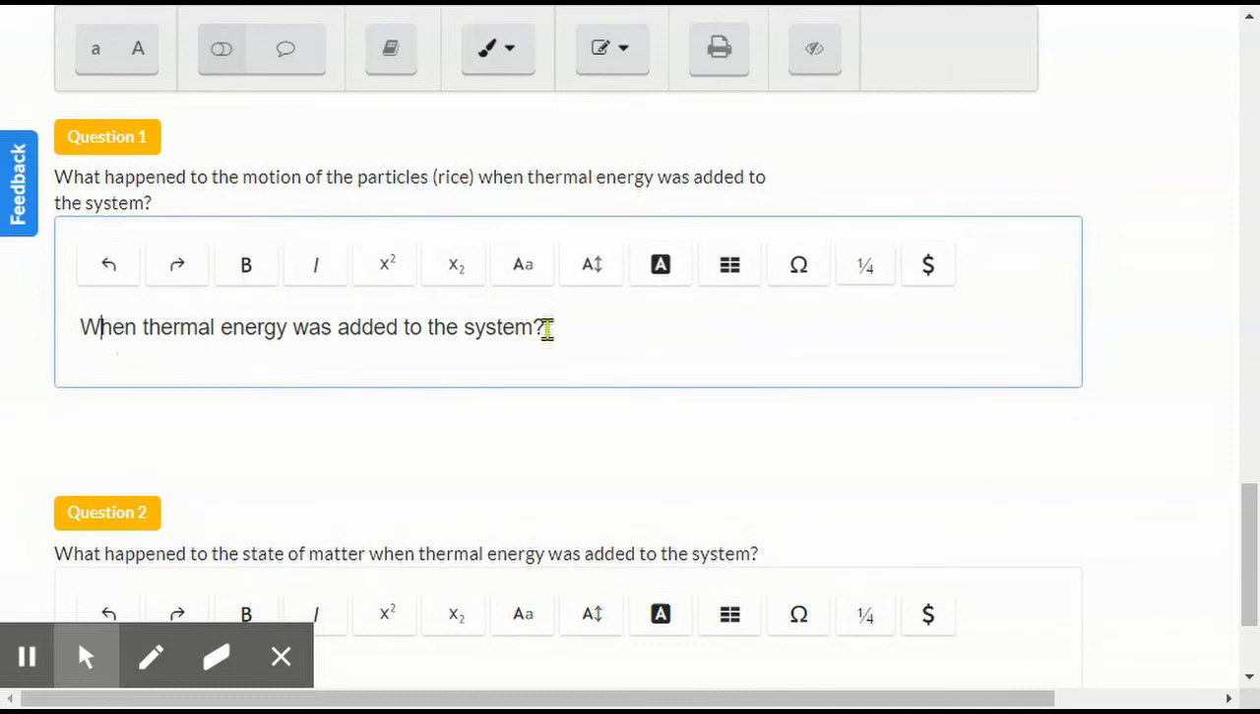When thermal energy was added to the system, comma, the particles, rice, put an apostrophe for plural possessive because I'm talking about its motion, and then you would finish that sentence. When thermal energy was added to the system, the particles' motion